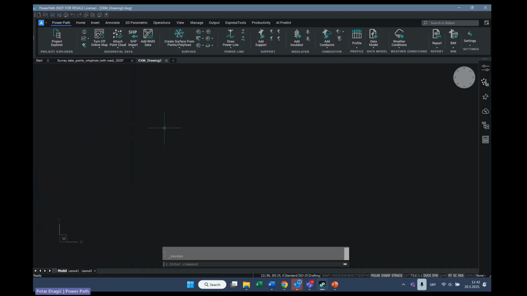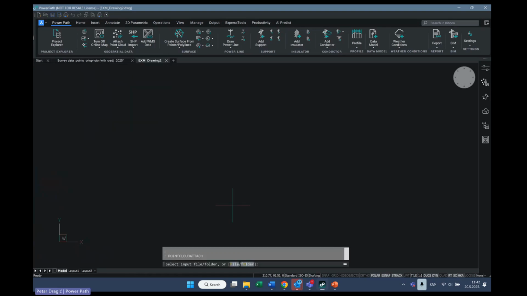Press OK. From the previous version, we already supported attaching point clouds, but now we worked to optimize the process for preprocessing attached clouds. It means before and after you import a point cloud, you now have more options.